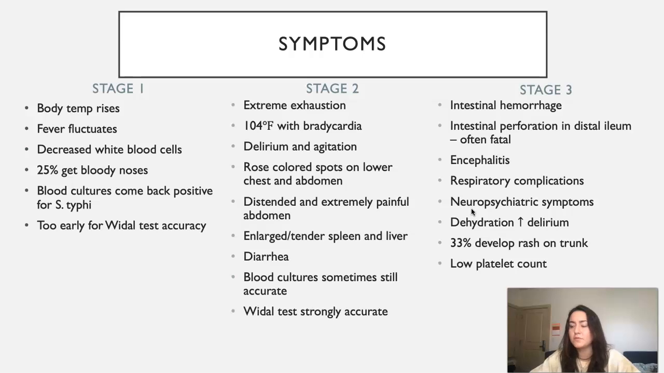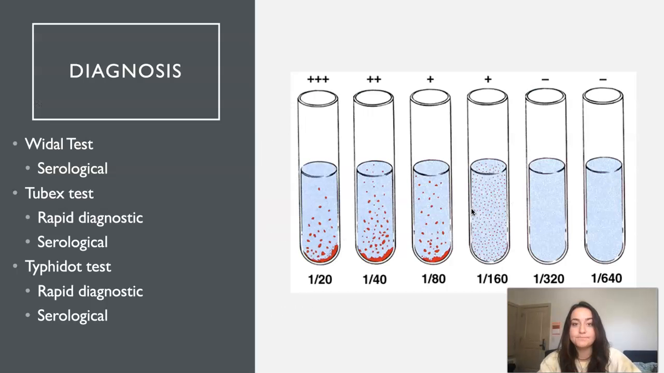It's been recorded that people start to pick at their bedclothes uncontrollably, or they'll be reaching for imaginary objects. This delirium increases dehydration. 33% of patients develop a rash on the trunk of their body, and then there's often a low platelet count. So for the diagnosis of typhoid fever, there's 3 types of tests, all serological, the Widal